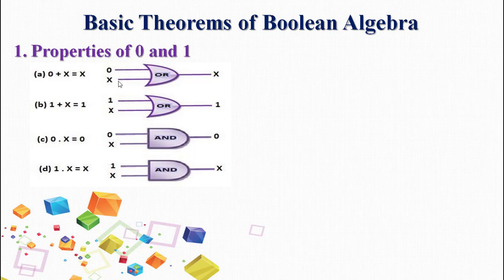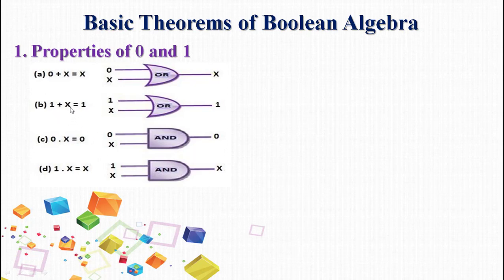Drawing it, there are two inputs present on the left hand side of the expression, and the right hand side has only one variable. The right hand side is the output, what you get from the expression, and the left hand side is what has been given as input. The input has two variables, one is 0, another is x. So two inputs will be there for the OR gate because we are performing addition. The input values will be given, and the output will be x, as you are seeing in the expression. These are theorems, we will prove them one by one.